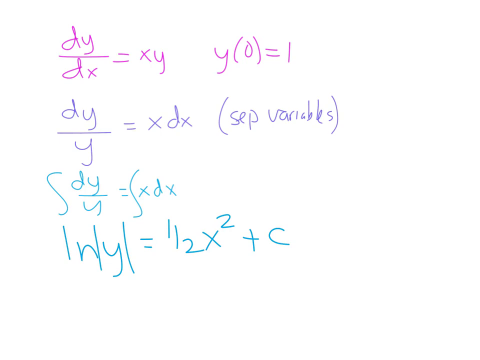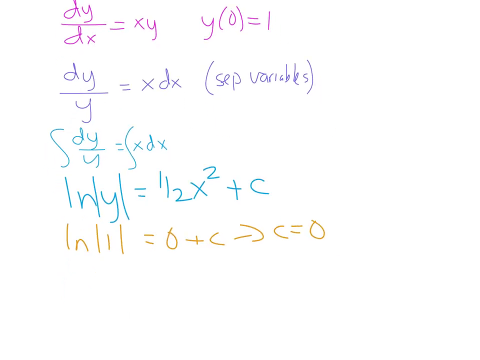And now I need to find that c value. I could wait a little bit, but I'm going to find it right now. So let's plug in 0 for x and 1 for y. Well, natural log of 1 is 0, therefore c equals 0. So we have the natural log of y